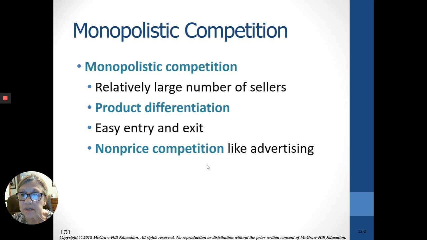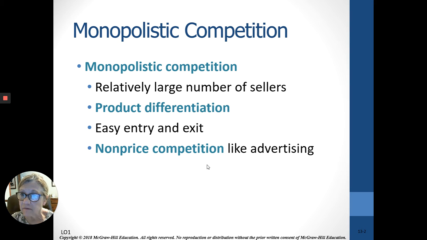Definition: monopolistic competitors have a relatively large number of firms, and while that title, monopolistic competition, may sound almost like an oxymoron, it is really both. The monopolistic comes from the fact that even though there are many of them, they are each a little bit different. For example, if you're looking for fried chicken, Popeyes makes it a little bit differently than Kentucky Fried Chicken, who makes it a little differently from Harp's grocery store. So they're all a little bit different.